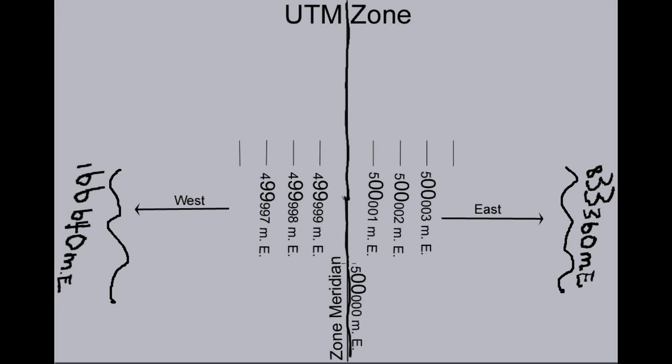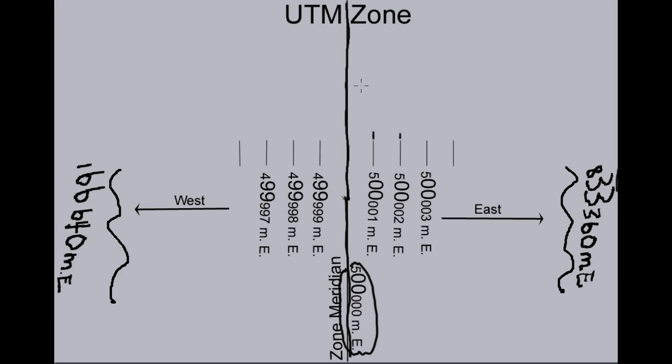The zone meridian, as you also may recall, is assigned an arbitrary value of 500,000 meters east. It's just a nice round number somebody decided to give it. I'm not sure why they chose 500,000 meters, other than it's a nice round number. Now, as you go east, for every meter you go east of the zone meridian, the easting increases by 1. So here, 1 meter east of the zone meridian, the easting is 500,001 meters east. 2 meters east of the zone meridian is 500,002 meters east, and so on, meter by meter, all the way out to the eastern border of the zone, where the easting is